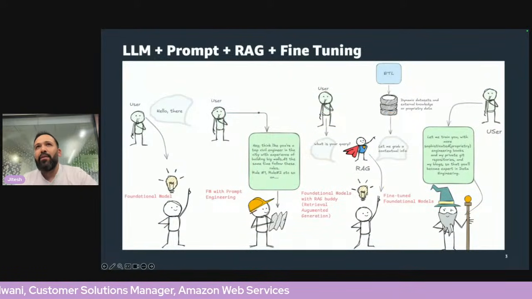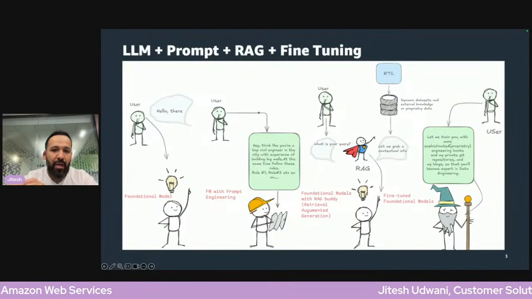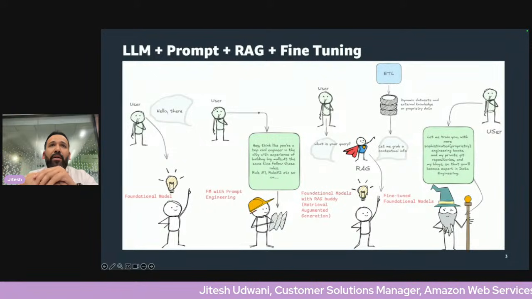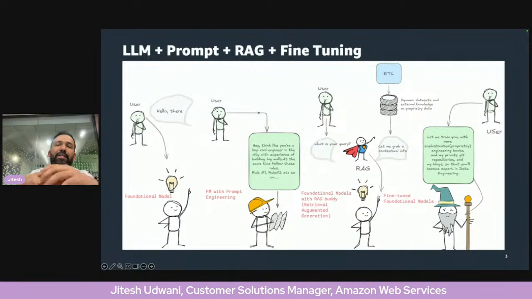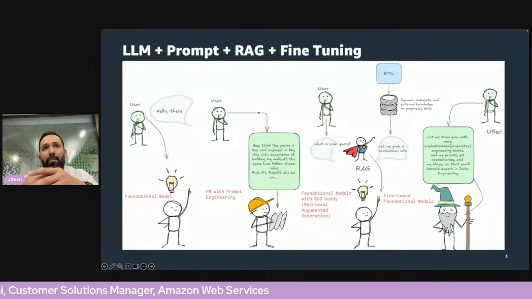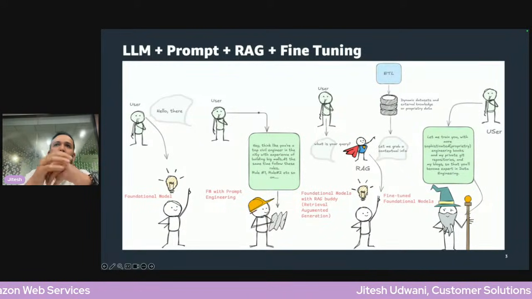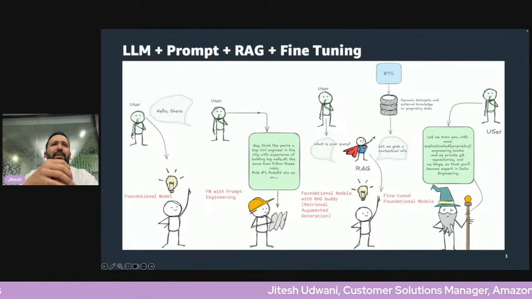Let's now understand it in a more simple way. I've tried to keep it as simple as possible, for even people joining out there who are quite new to this one and may not have a complete idea about it. So how it used to work in the initial models which we used to see 1 or 2 years ago, when these LLM models came into the picture, a user used to ask a query like, hello, I want to know this particular question, and the foundation model used to respond to that answer,